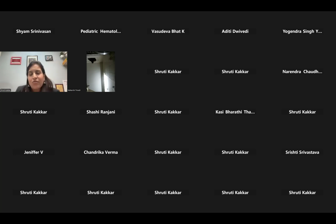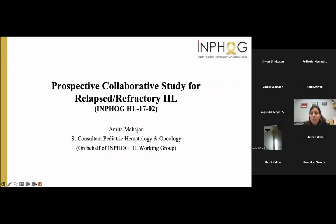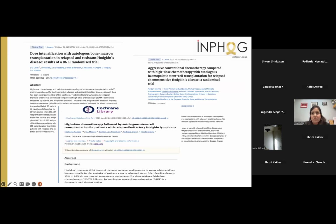So Hodgkin lymphoma, even in resource-limited countries, we know that it has excellent outcomes. We've been able to manage those outcomes for most of the patients at our center. Next slide, Shruti. But regardless of that, there is a proportion of patients who will relapse, and there will be some who have primary refractory disease. And to date, the Euronet PHL-R1 study may now become the standard of care, but to date, there has been no clear definition of what is optimal treatment for patients with